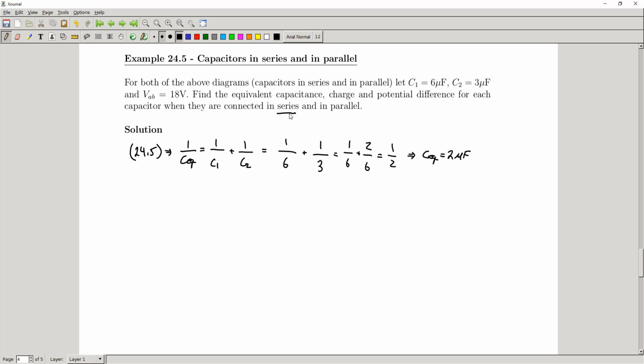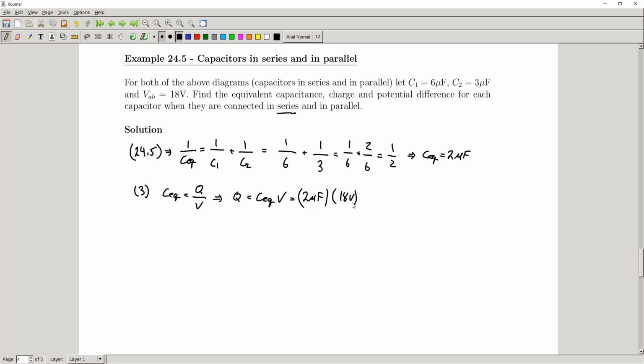Now, if we're interested in the charge on this single capacitor that we're replacing these two capacitors in series with, well, we can simply go to equation 3 from above, where we have CEQ is equal to Q over V. We can just rearrange this a little bit to get Q equals CEQ V, and then we just substitute in numbers. If we want Q on our new equivalent capacitor, well, that's just going to be 2 microfarads times 18